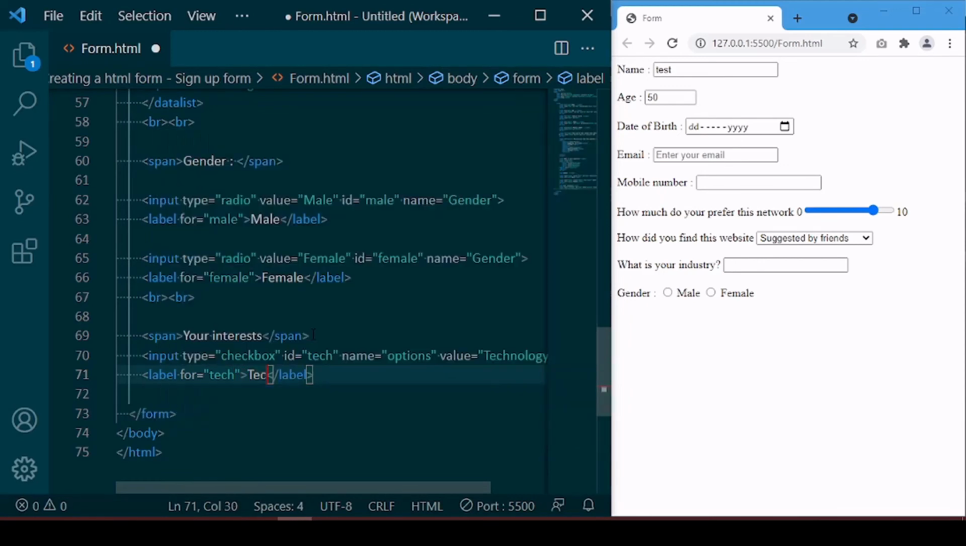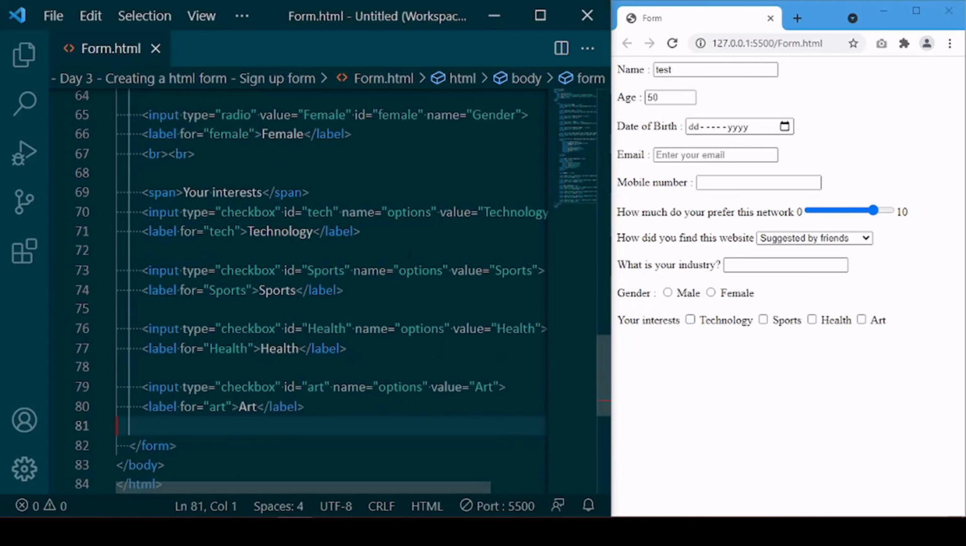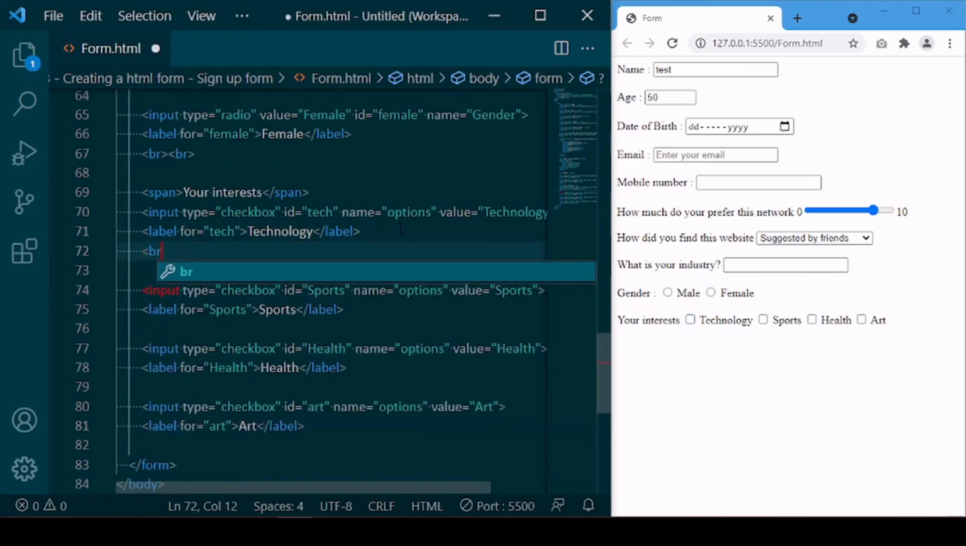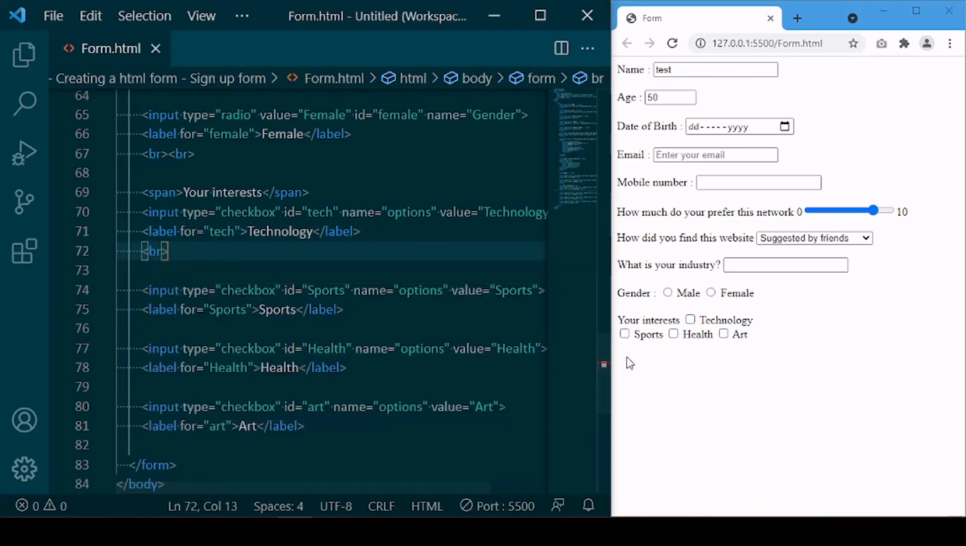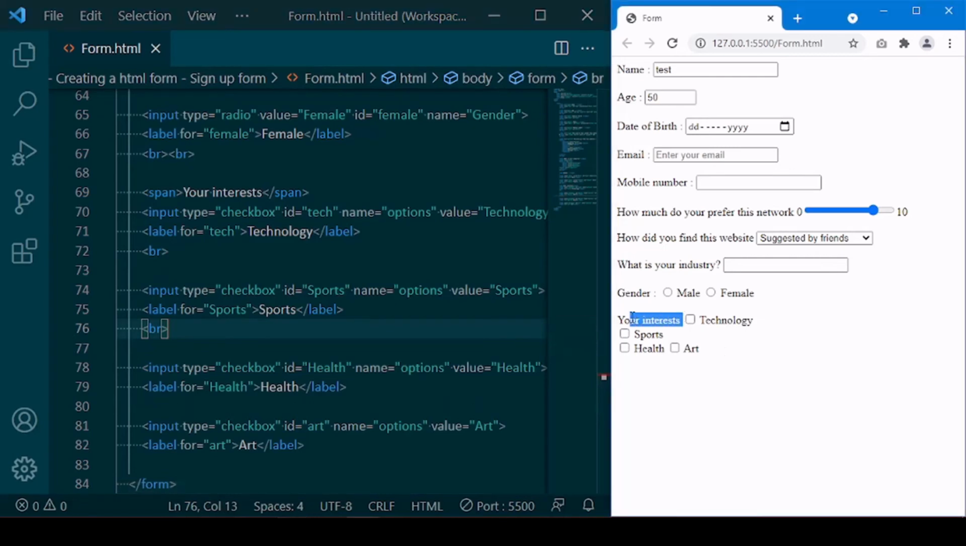And let's give an option like technology. So we have one option here. So even though we give some breaks, we have a problem here. The text you are interested in is kind of disturbing the alignment of the options that we're giving. There is one way to overcome this, and it's a good way actually,